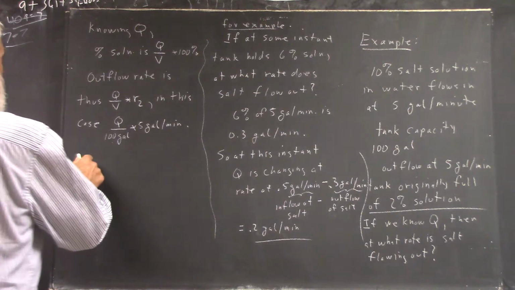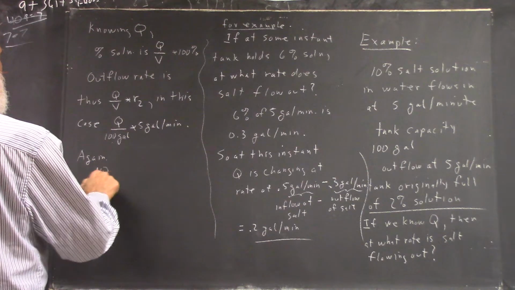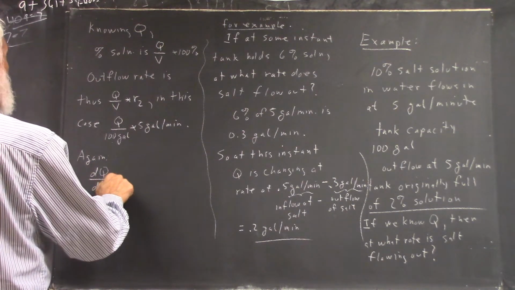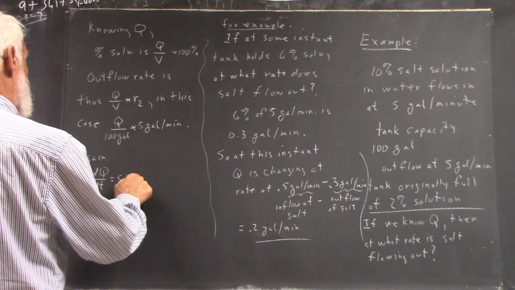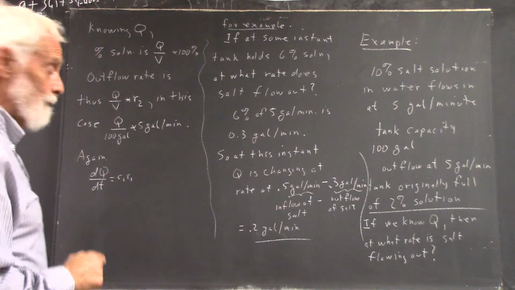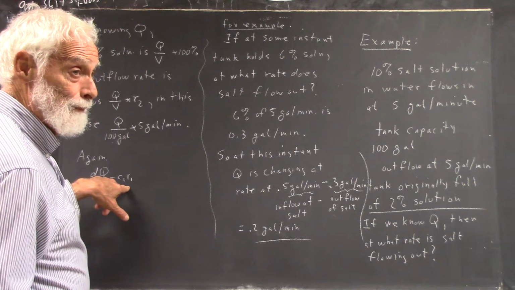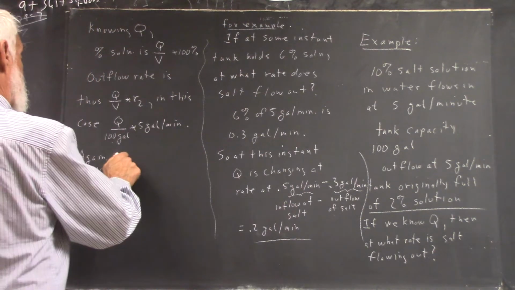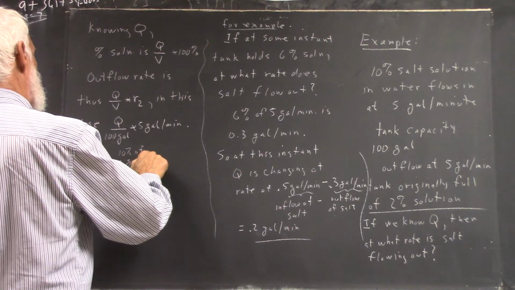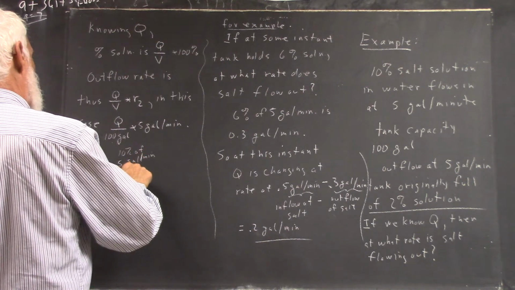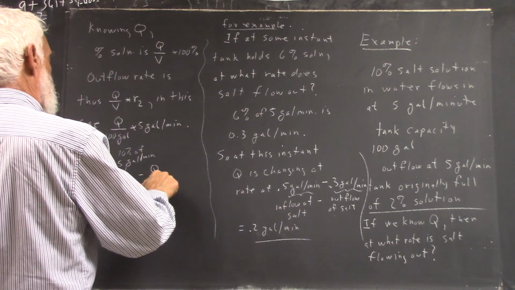So, again, dQ/dt equals C1 R1. That's your 10% of 5 gallons per minute, right? Minus Q over V